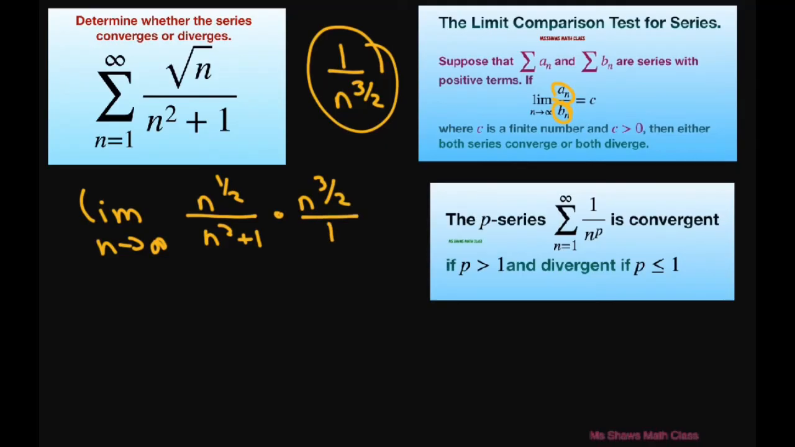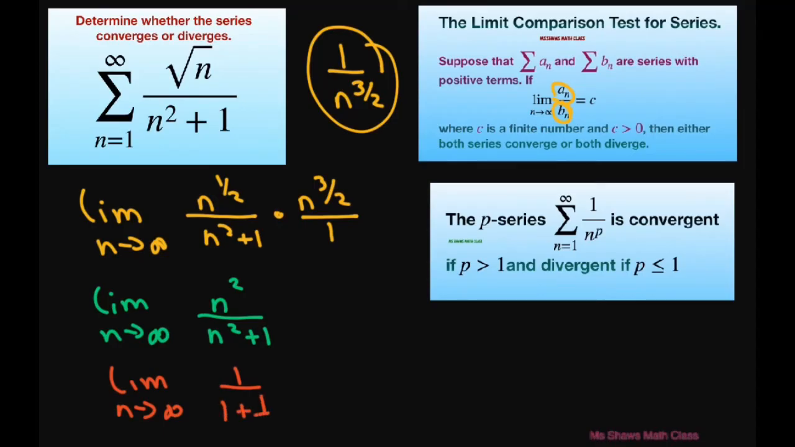You're going to get this equals the limit as n approaches infinity of n. Let's see, this is going to be 4/2, so n squared divided by n squared plus 1. Divide everything by n squared, and you're going to get the limit as n approaches infinity of 1 divided by 1 plus 1 divided by n, which equals 1. Now, according to the limit comparison test, this equals our c, which is greater than 0. So it's convergent, and therefore this series